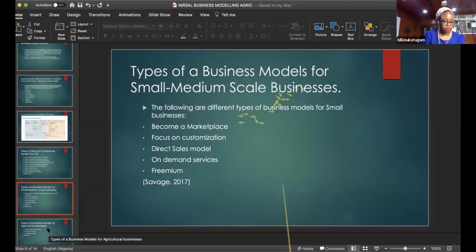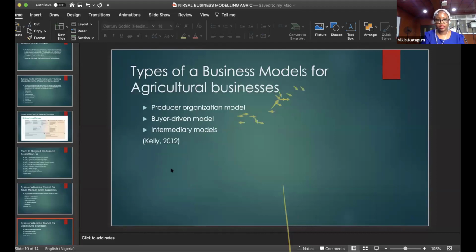The next slide is for business models for agricultural businesses. The first one is a producer organizational model. Now, with that one,